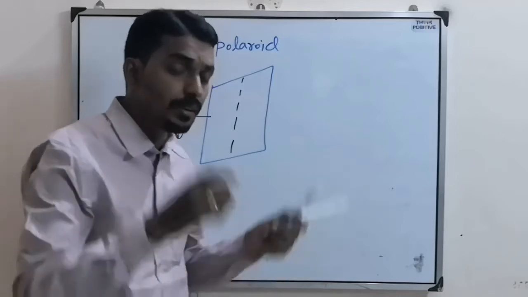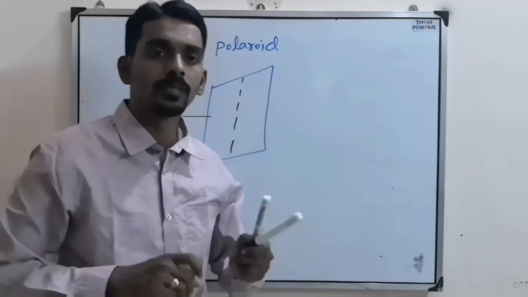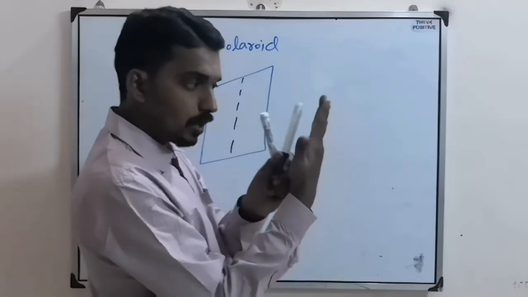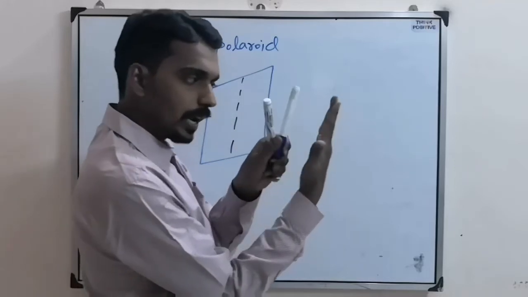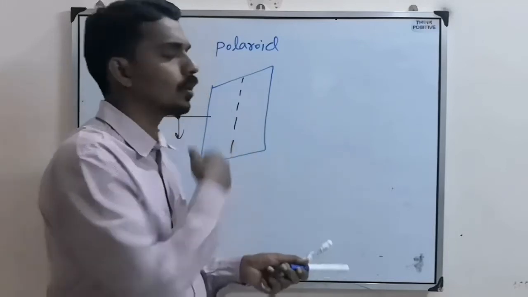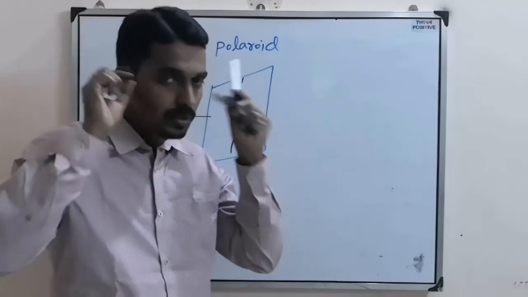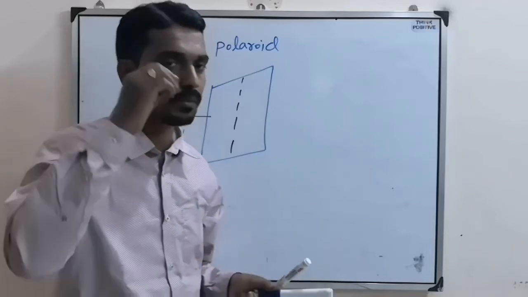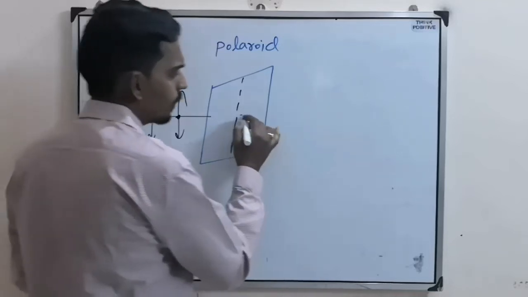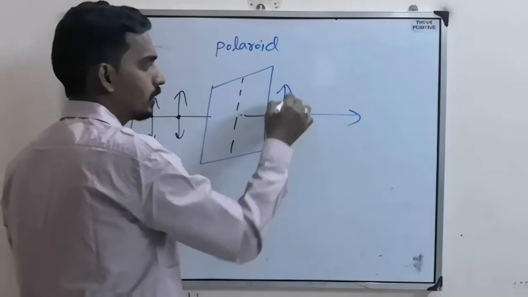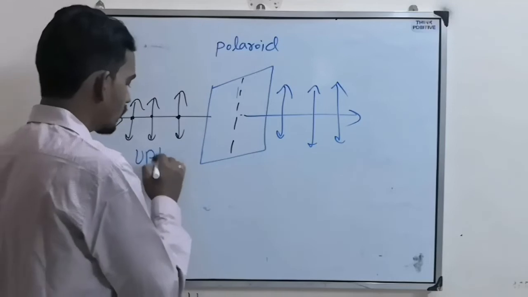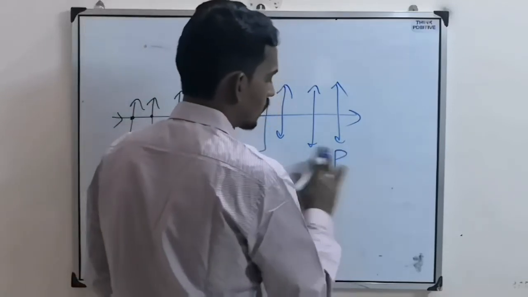A simple example: we wear cooling glasses in summer. That is to cut the light. We are allowing only the light that has the electric component in this direction. So cutting of light is called polarization. We use the spectacles to decrease the intensity so that we feel coolness. That is what polarization is. When it comes out, only the electric field vector parallel to this line will come out. That's why this unpolarized light is now converted into polarized light.